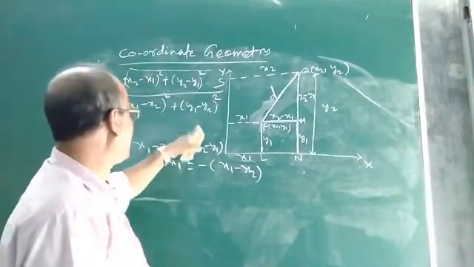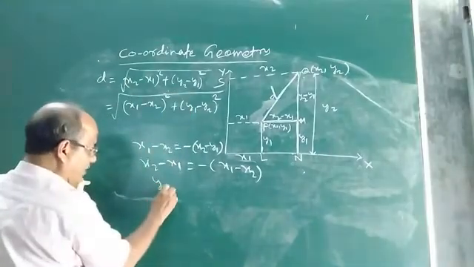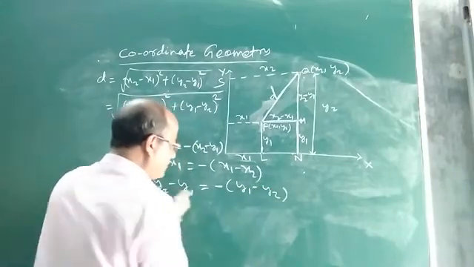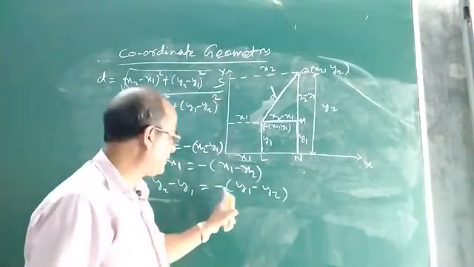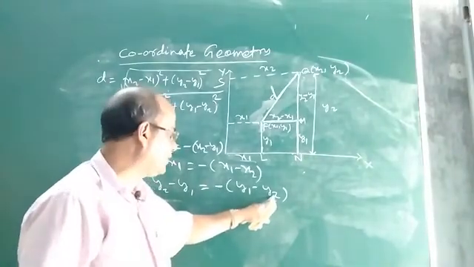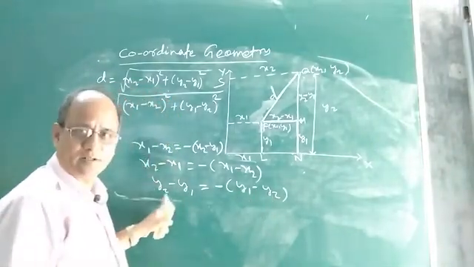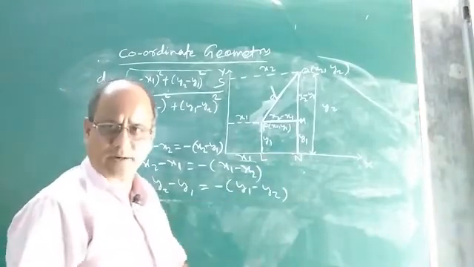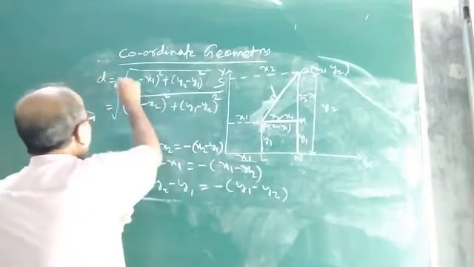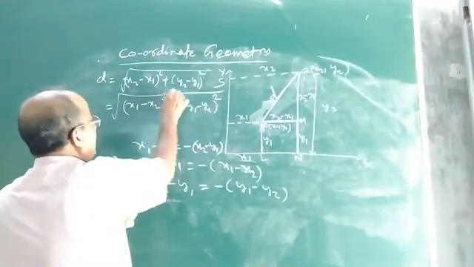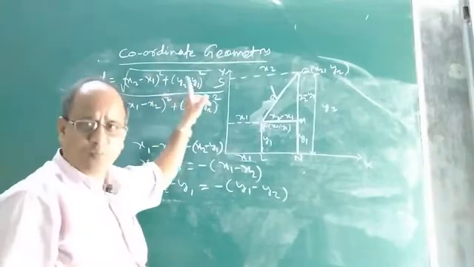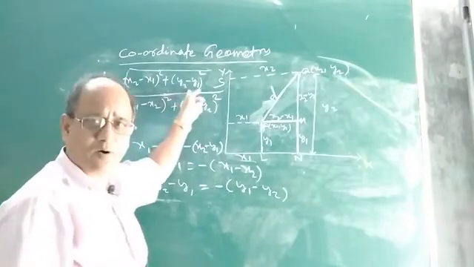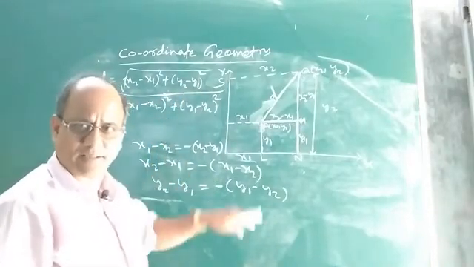Similarly, y2 minus y1 is also equal to minus into y1 minus y2, because if you multiply the minus sign by y1 minus y2, it becomes plus y2 minus y1. So y2 minus y1 can be written as minus into y1 minus y2. So the distance between 2 points whose coordinates are x1, y1 and x2, y2 can be written in this form or in this form. Both are the same. Both carry the same meaning.